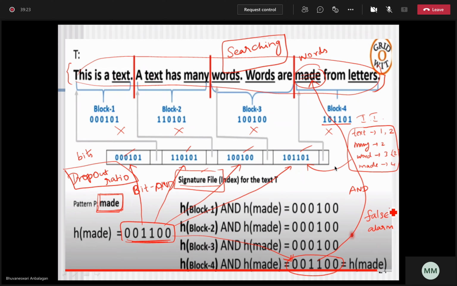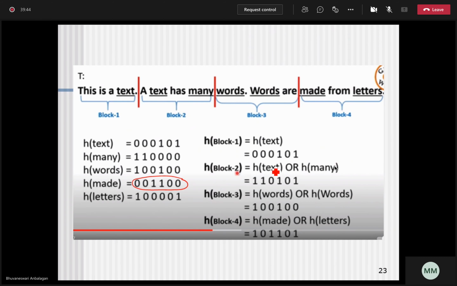So when will this false alarm happen? If you're having a worst hash function which returns the same result for more than two blocks. See, this block and this block have the same hash value, or this word and this word, as I have told you.